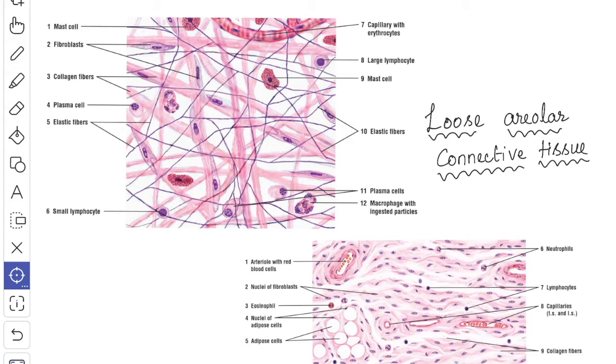It consists of loosely arranged collagen fibers that appear to enclose large spaces, and you have an abundant ground substance. These spaces are called areolae. Hence, this tissue is also known as the areolar tissue. It gets distorted easily, hence it allows the tissue to move freely. Examples are the endomysium, the subperiosteal tissue, the lamina propria.